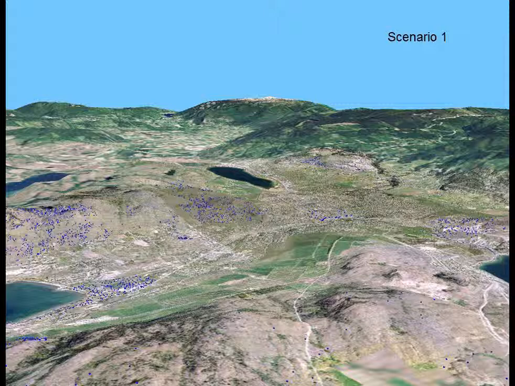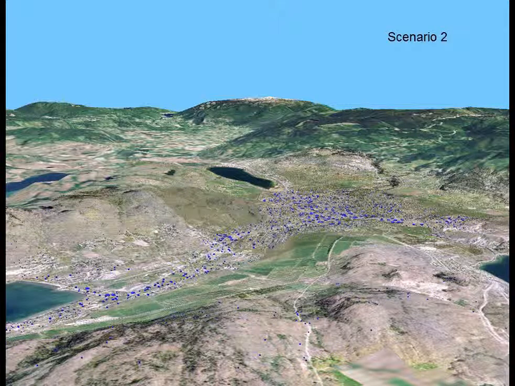So I think you can see all the blue dots, right? They're kind of spread out all over the place, and it reflects current zoning and current land use in policy. So we plot that out on a map, and we say this is what it's going to look like. All those little blue dots indicate 1 unit of residential. We go into scenario 2, and I'll tell you in a second how we develop the scenarios. We want to make that really clear and transparent about where these things are coming from.